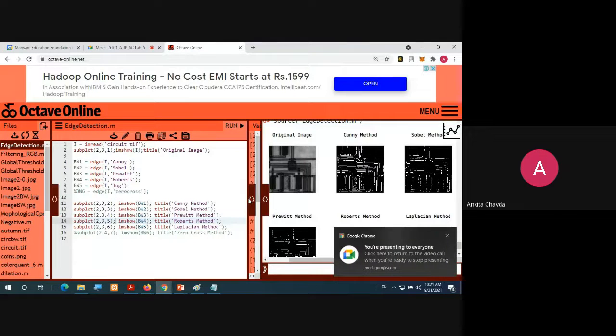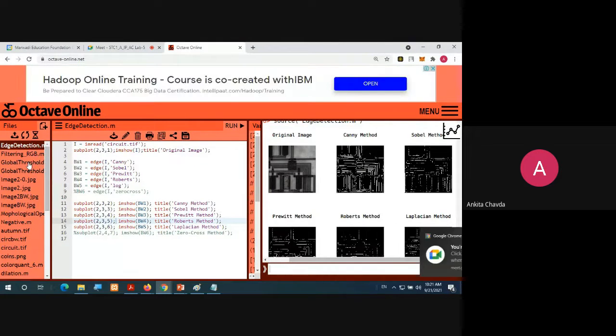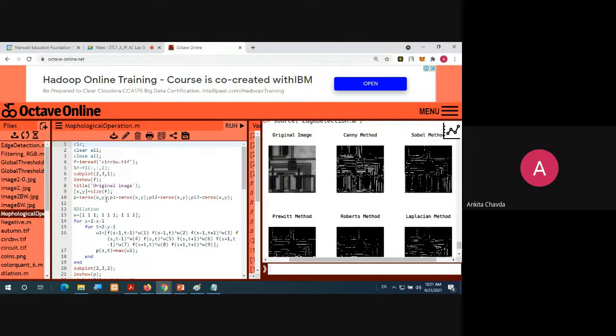Then the last program is about, see, again I'm showing you this morphological operation. What you need to do, here you are considering these 9 pixels only. Are you getting it? Whatever is your S and T right now.